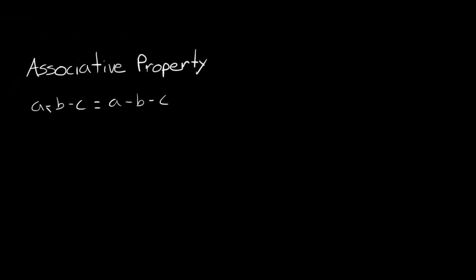And we can rewrite all these subtraction problems in this expression as addition problems of the negative numbers. So we can have A plus negative B plus negative C. Right? So we'll write this over here. And we can group these, so we can have A plus negative B in parentheses, and then negative B plus negative C in parentheses. But once again, the associative property tells us that if we're only adding, which we are